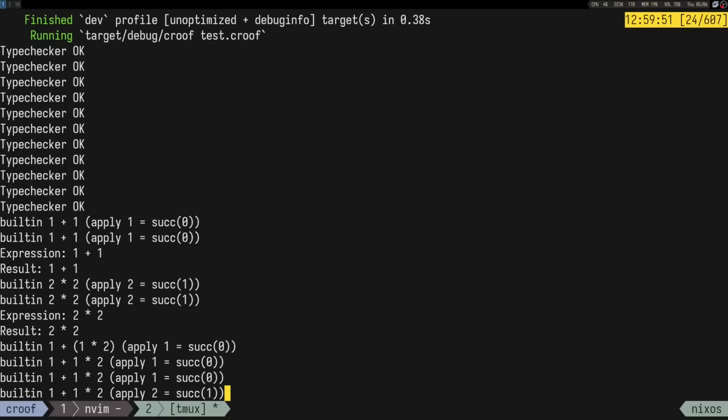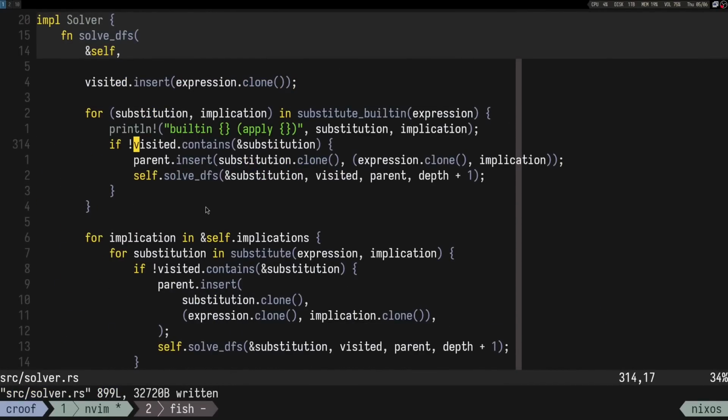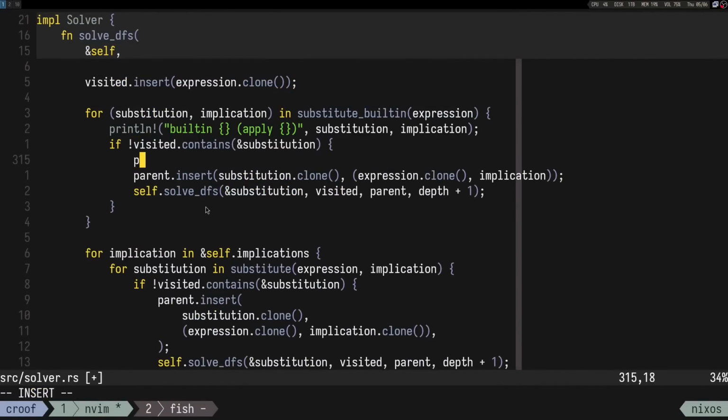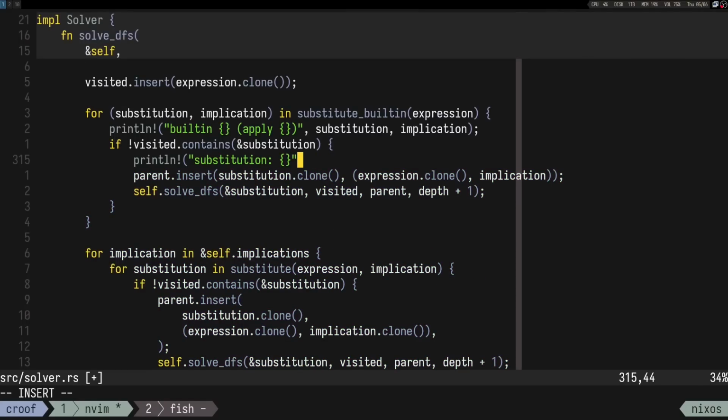Apply 1 is equal to successor 0, but why don't we get anything interesting? Maybe I want to print ln here something like substitution. I don't even need to apply. I just want to see the